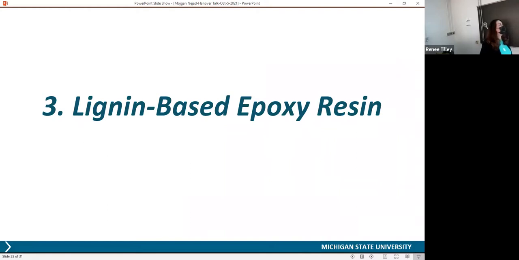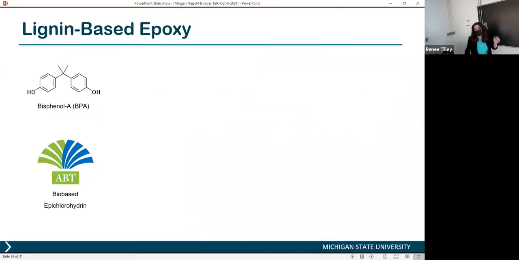The other category of the projects that I work on, and the last one, is lignin-based epoxy resin. When I'm talking about epoxy, we basically have 3 main components, but the first 2 that we need to epoxidize are bisphenol A and epichlorohydrin. Bisphenol A is, if you remember, BPA free. If you see bottles for the kids, babies, that say BPA free, it's basically banned for some applications because it's extremely toxic. But still, if you are using epoxy glue, epoxy coatings, epoxy adhesives, all of them still have